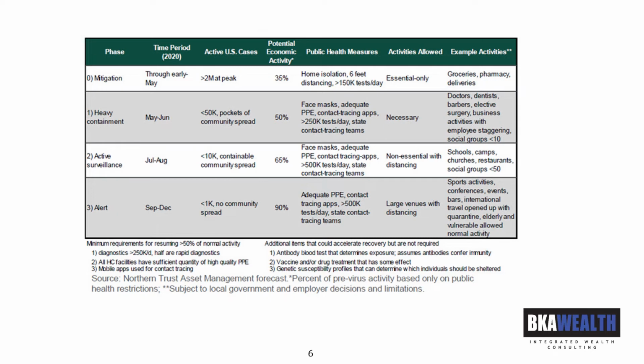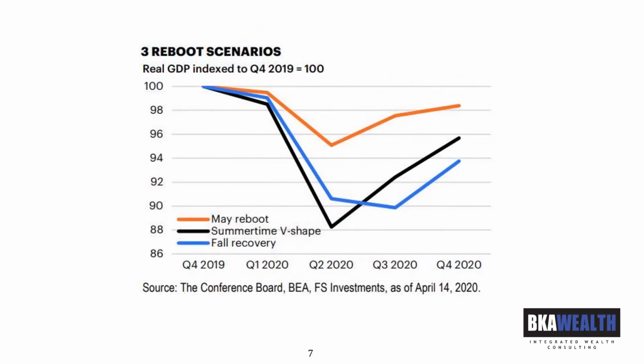And so, this is a forecast, of course, and we don't know what actually is going to happen, but it's a good template for looking at the next 6 to 9 months, if you will. The 3 particular reboot scenarios were derived from some work of the Conference Board, which you can see here in the attributions. It was published in a recent research report by FS Investments, and I've got a lot of respect for Laura Rain, their chief economist there. So with all proper due respect and attribution, we reprint this here.